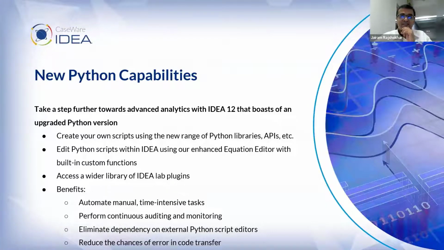Now, something which is a real darling of everyone using IDEA is Python. This is an area where I like to be very honest with you. This is an area where I need to enhance my skill set. Because when I think of Python, I definitely have a fear of snakes. So that's one fear which comes into my mind when I hear the word Python. But that's on a lighter note. But on a more serious note,